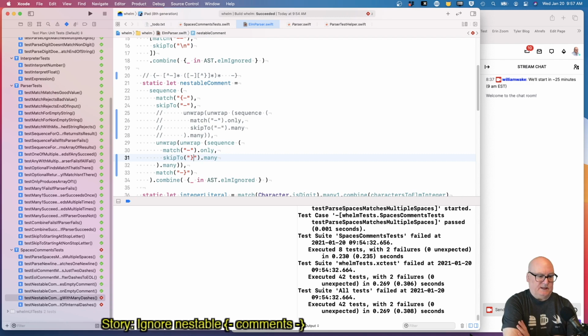If I do skip to brace, it's just going to match one dash and skip forward to the braces, and then still be looking for the braces. I want something that does a not match of one character. Okay, because if it's a brace, then our comment ends. We should take the other path. If it's a dash,